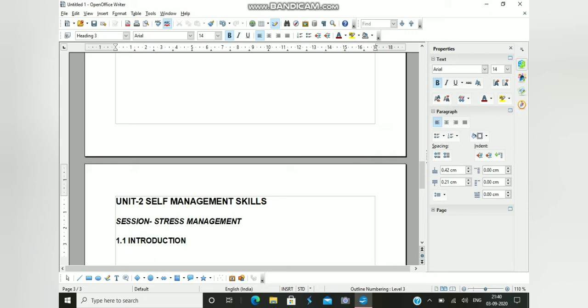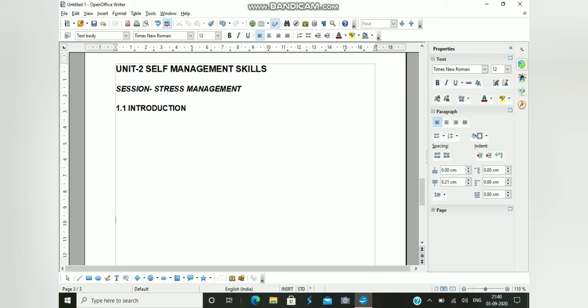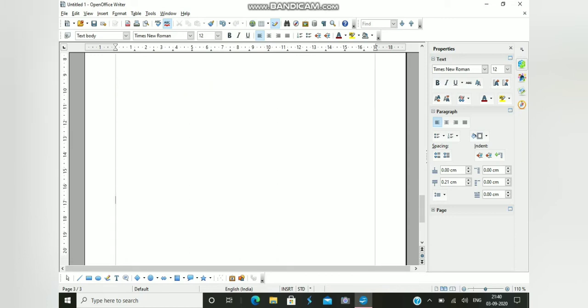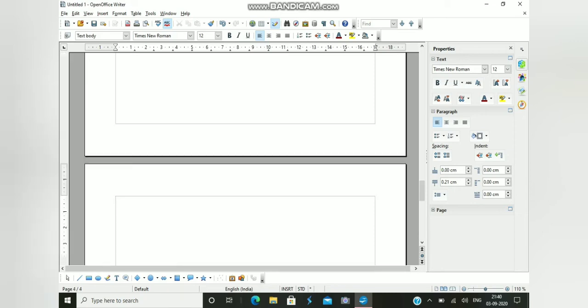Alright, so let's again go down to the next page. Here we are going to write about our unit 3. So this is my third page, and this is my fourth page, because we have already left one page over there. So we have unit 3 over here, where we will write about the basic ICT skills, which comes under our unit 3.